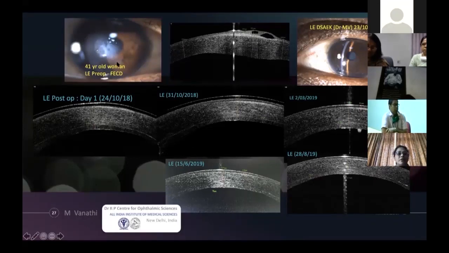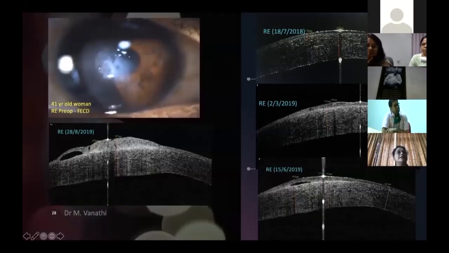These are examples of a patient of mine with FECD who underwent serial ASOCT scans following a DSEK procedure. It also helps to see how your endothelial lenticule is coming back from its edema and how it gets attached, and the thickness of the lenticule will all help you in the follow-up. This is to image the epithelial involvement in an FECD.